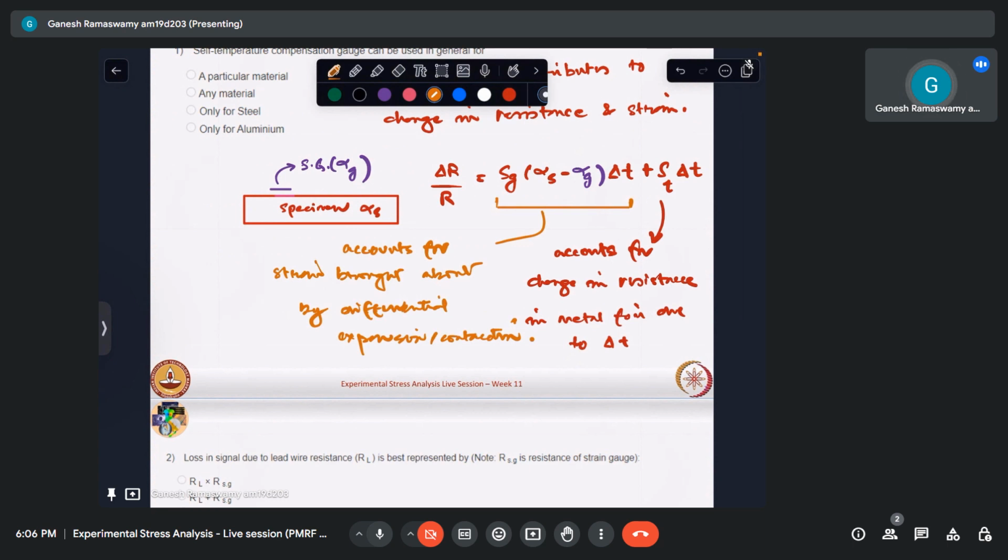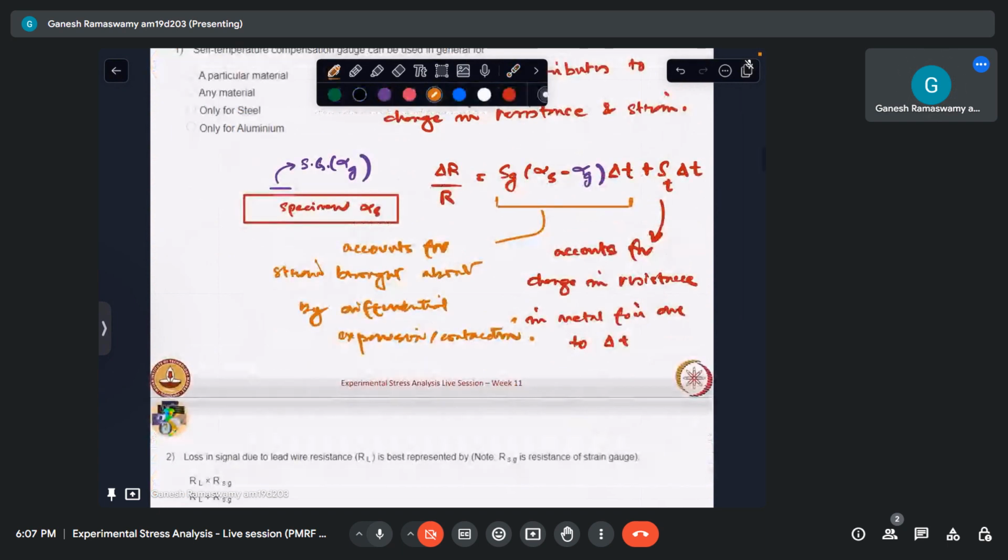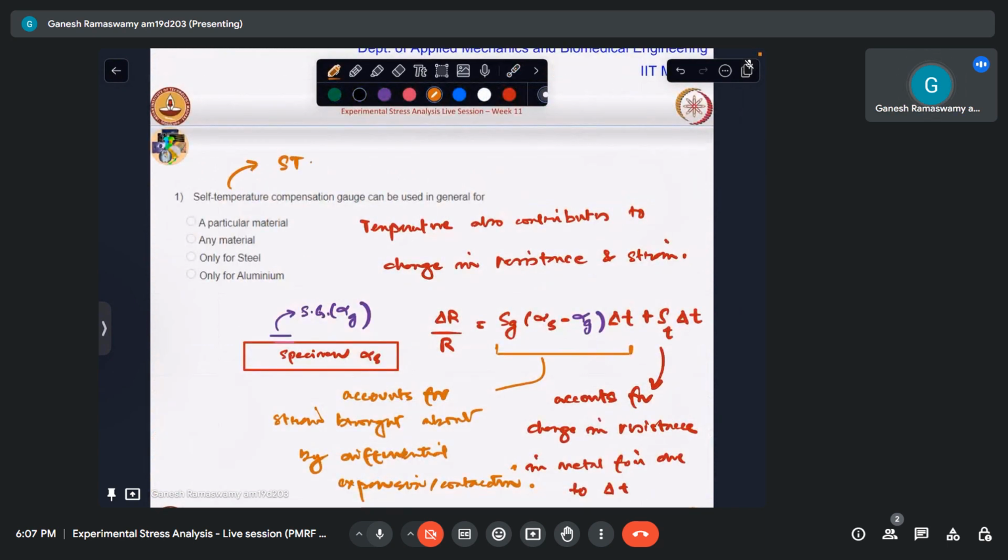So in this context, what is a self-temperature compensating gauge? It has been found after much research that this alpha G and S_G can be modified for a particular alloy. It can be modified by bringing in certain impurities and certain processes such that the resultant of this sums up to zero. So whatever change is brought about in the resistance and whatever alpha G it has, if this can be tweaked such that for a given alpha S these two cancel out each other, then the temperature change bears no effect on that strain gauge. Such strain gauges are known as self-temperature compensating gauges, also known as STC gauges,